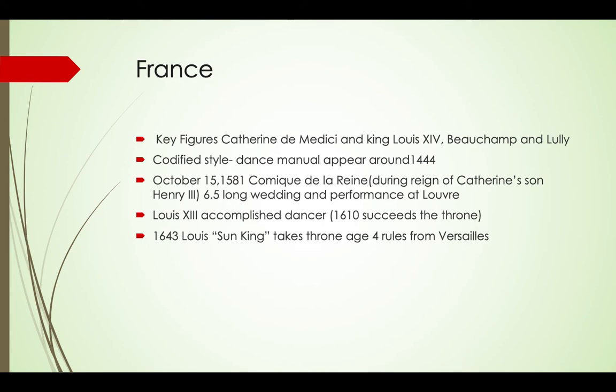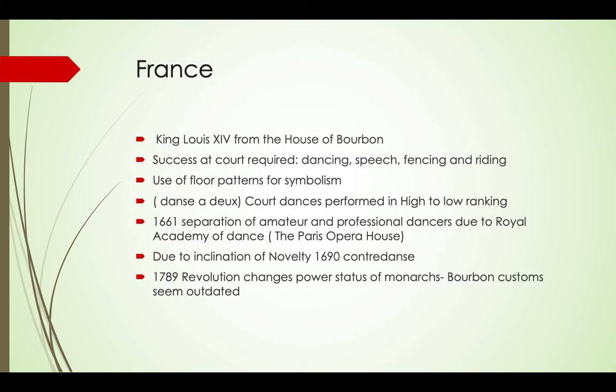In 1643, Louis the 14th takes the throne, and he's only 4, and he rules from Versailles. So Versailles, not Paris, is the place for King Louis XIV to be. He has this elaborate court in Versailles that he rules from. So the Paris Opera and things like that, the Louvre, all of those things are extensions of Louis. King Louis is from the House of Bourbon, yes, like the liquor. And success at his court includes dancing,